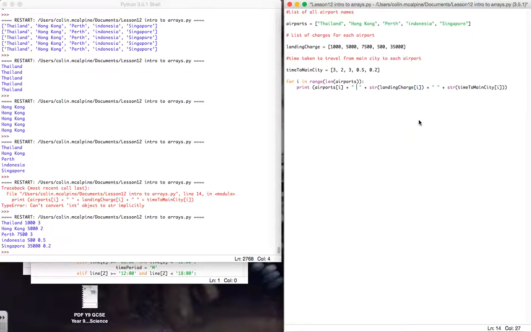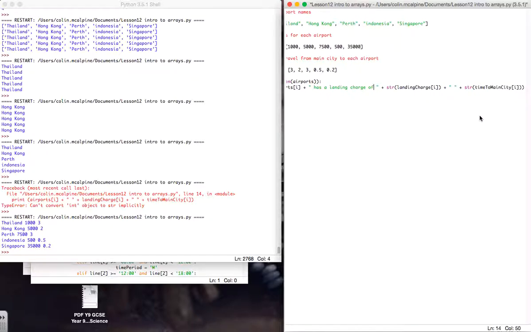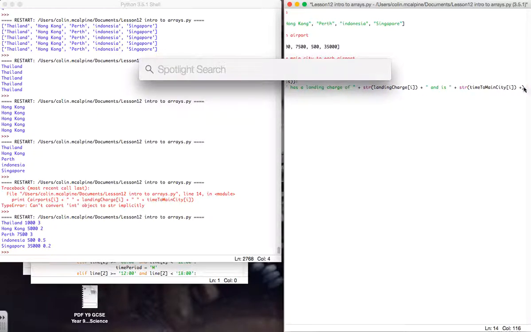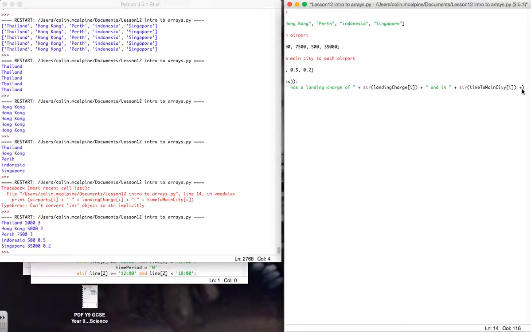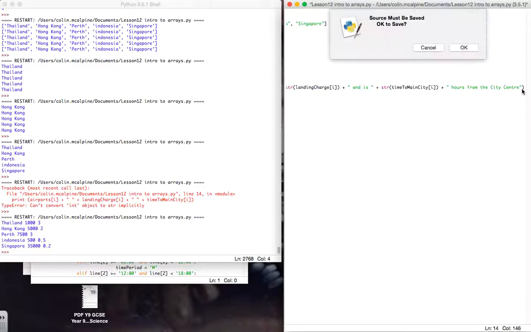We want has a landing charge of, and then after this part, and is, and then some text after we put in the last numbers, plus space hours from the city centre. And now when we run it this time,